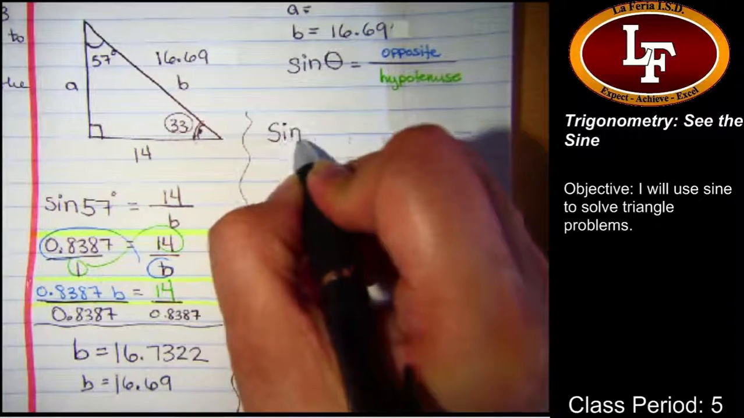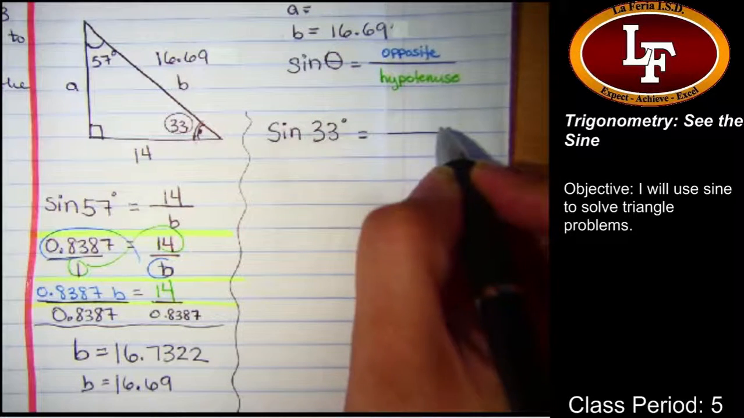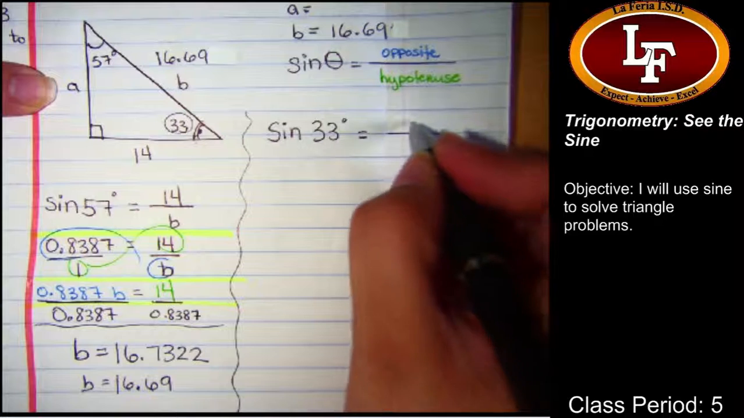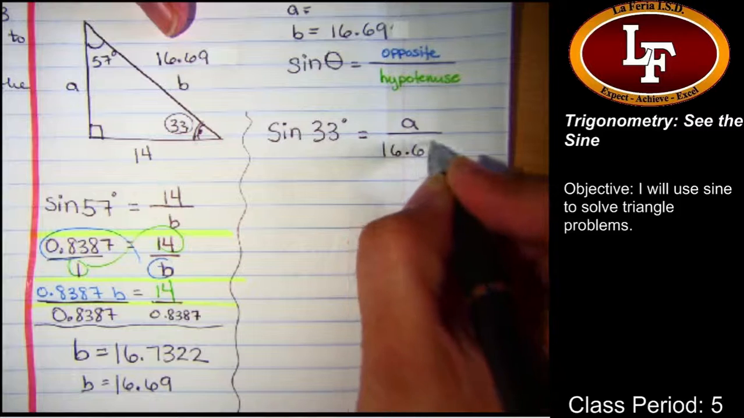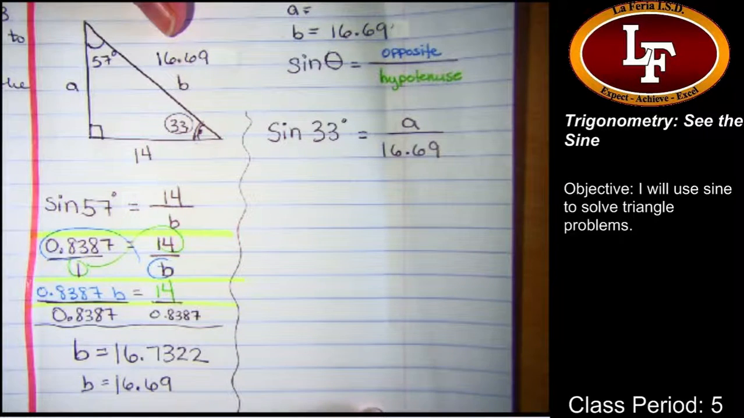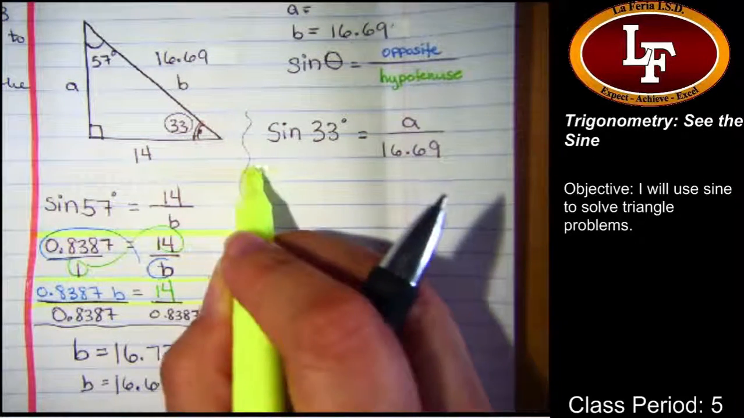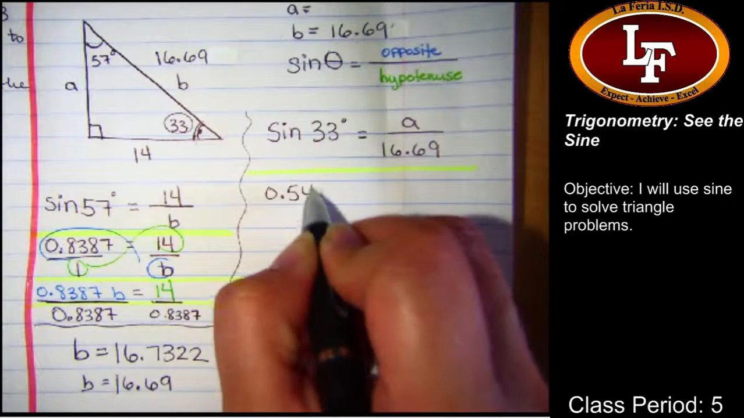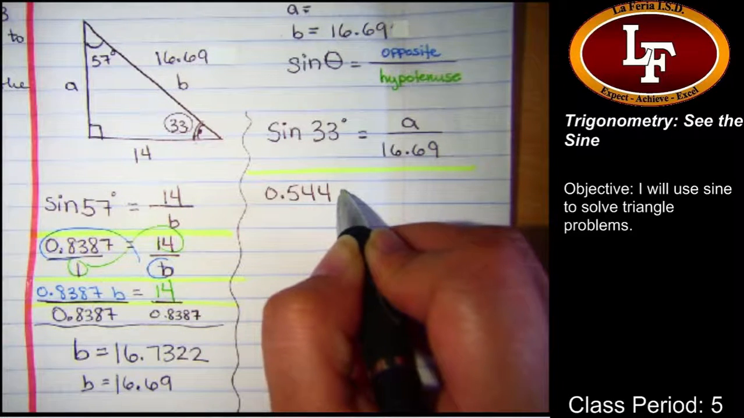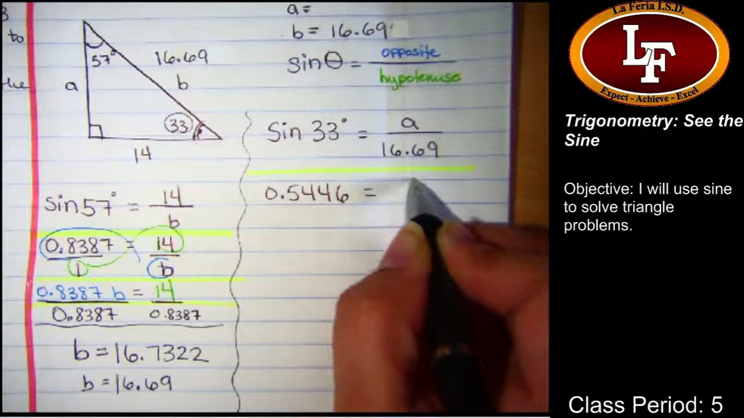So the sine of 33 degrees is equal to the side opposite the 33 degree angle, divided by the hypotenuse, which we just calculated. You see the similarities already? Go find me the sine of 33 degrees. Go to your trig functions on your calculator. 0.5446. Okay, we'll stop there. So that's a,